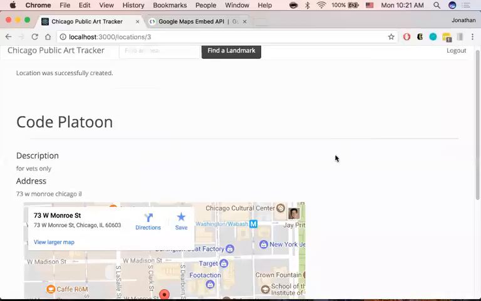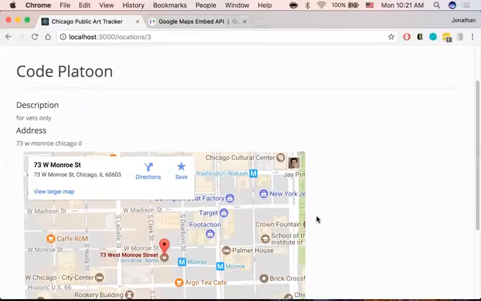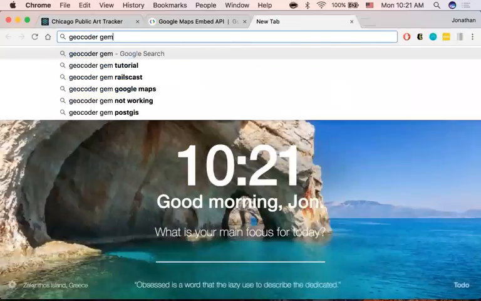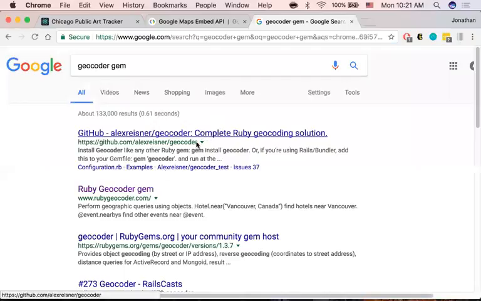So once we add our maps for our locations, we can actually see these maps, but sometimes people enter vague addresses like Chinatown, and if you're logged in on Google, then they know kind of which Chinatown you might be talking about. But there's a Chinatown here in Chicago, there's one in San Francisco, there's one in New York. It's vague, so we might want to use something to geocode what locations we're actually talking about. And for this, we're going to use what's called the Geocoder gem. We're going to look through some of this